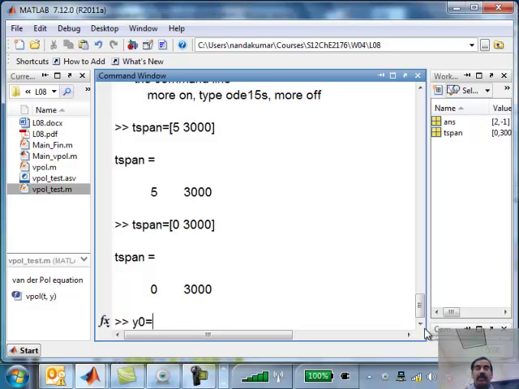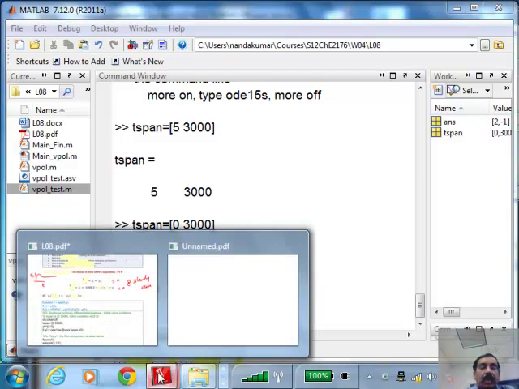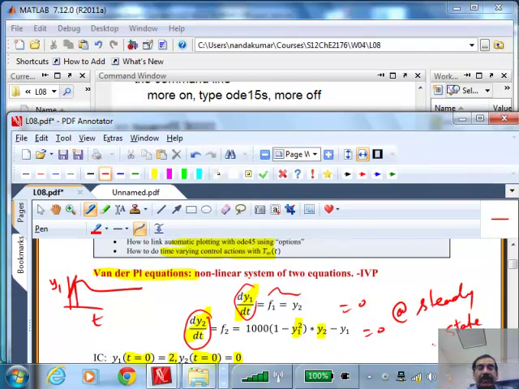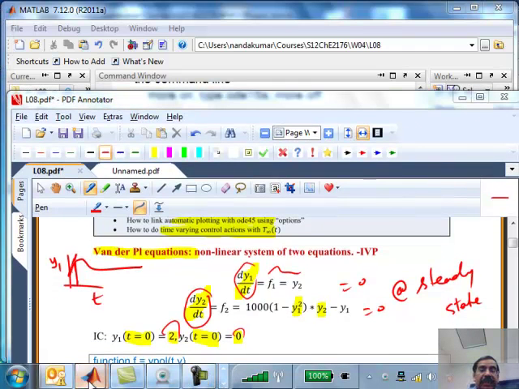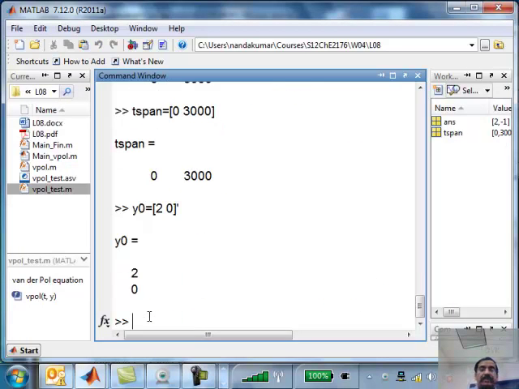And y0 is given to me as 2 and 0. If you look here, the initial condition for y1 is 2, for y2 it's 0. Those initial conditions are given to me, so I need to take that and program it. So y0 is equal to 2, 0. Let me make this a column vector.